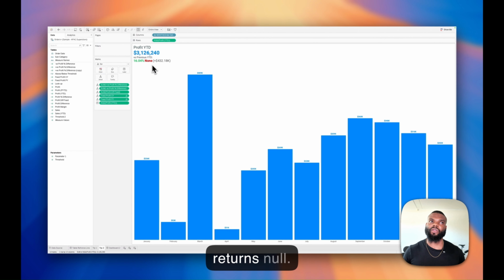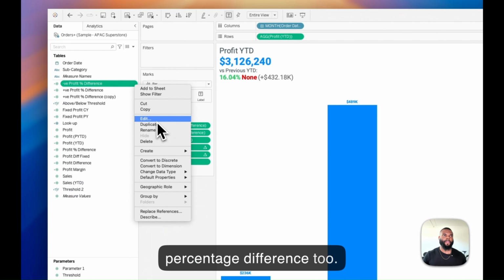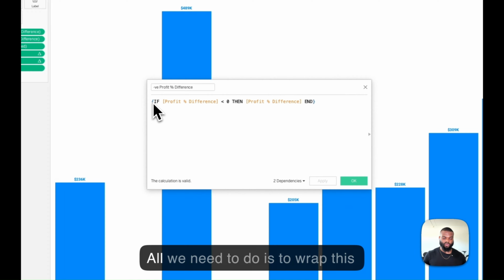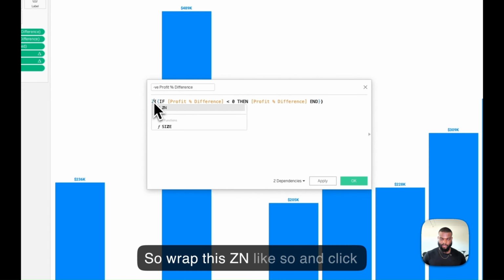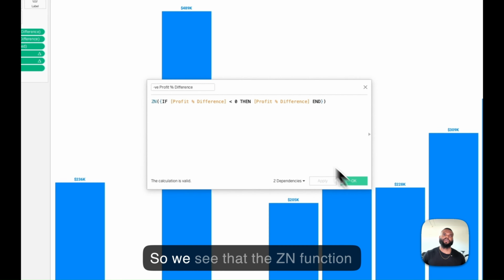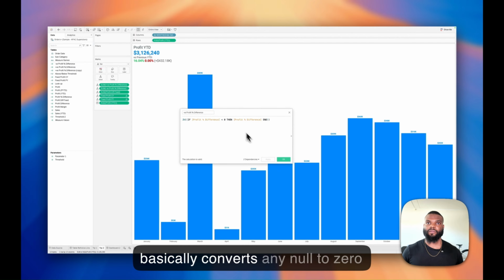So I have 2 calculated fields here, positive percentage difference and negative percentage difference. We want to look at the negative percentage difference too. So we edit this. Here we have our negative percentage difference. All we need to do is to wrap this around the ZN function. So wrap this in ZN like so and click on apply. So we see that the ZN function basically converts any null to 0 for